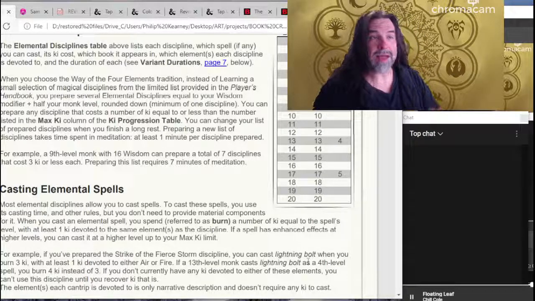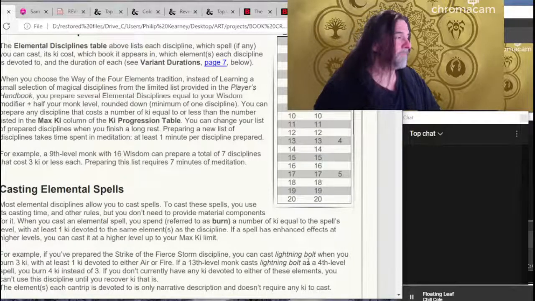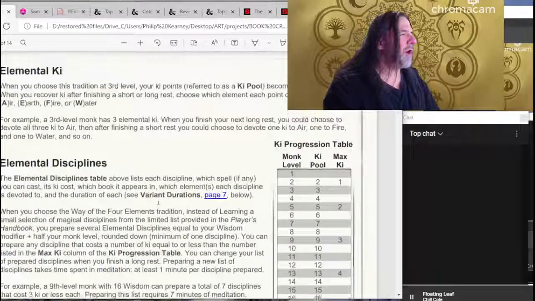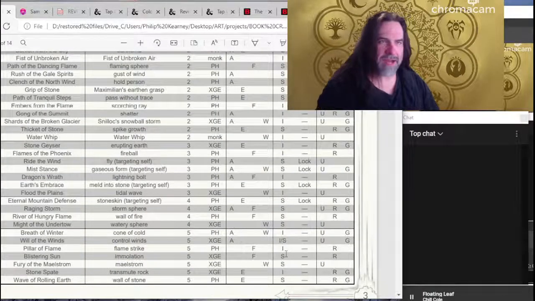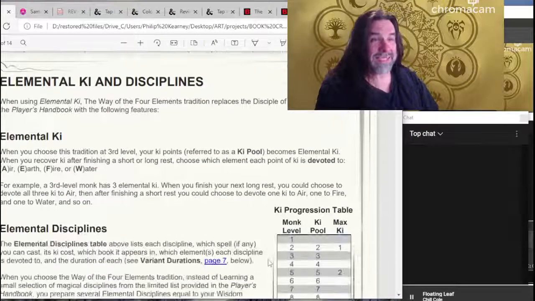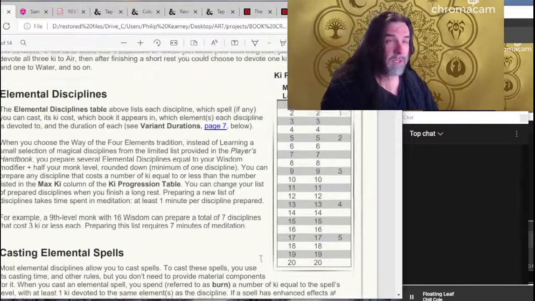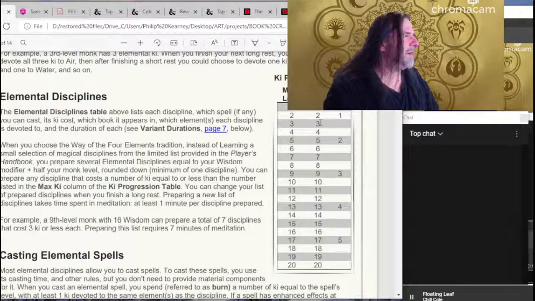And it doesn't really matter. You just burn through all your ki, and then you get it all back on a short or a long rest. But when you are given so many additional disciplines to prepare instead of learn, it is a considerable bump in power. So there's a fun mechanic that we have in Tap Untap Burn,